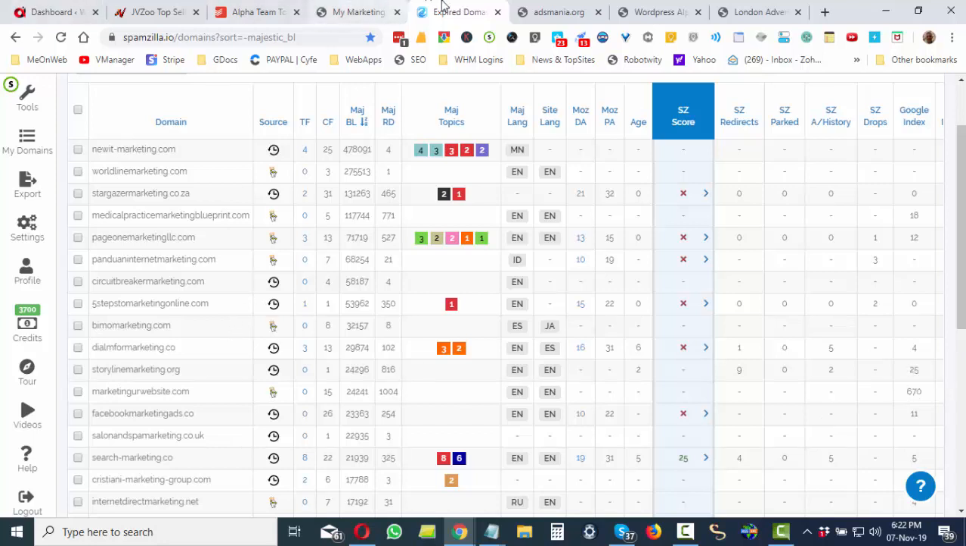Anyway, that's where you can get your expired domain, spamzilla.io. It's a monthly recurring subscription, but I think you can just take one month and get what you want. You might even be able to take a trial, I'm not sure. Have a look at Spamzilla, and when you find your domain, what we can do